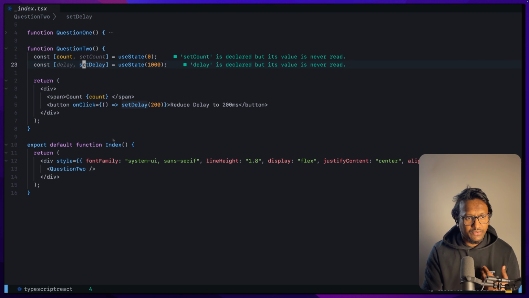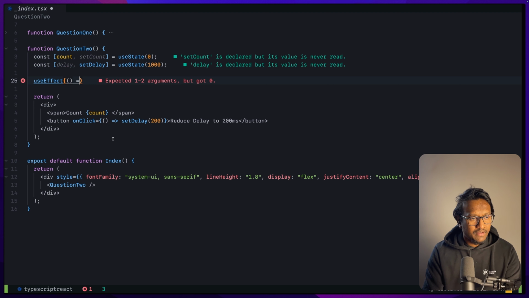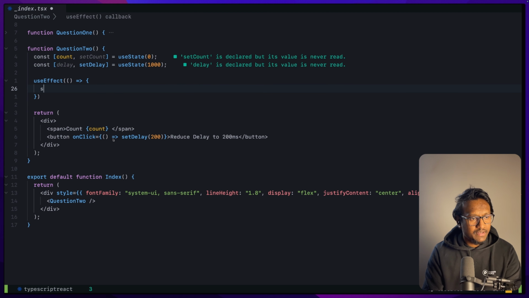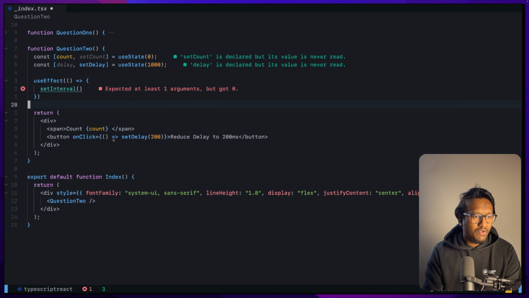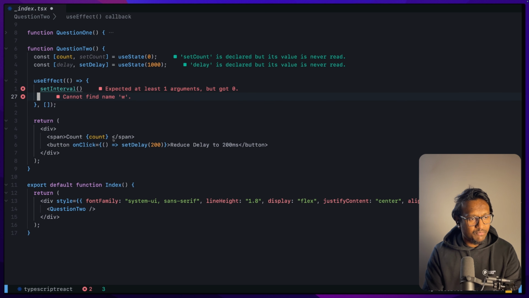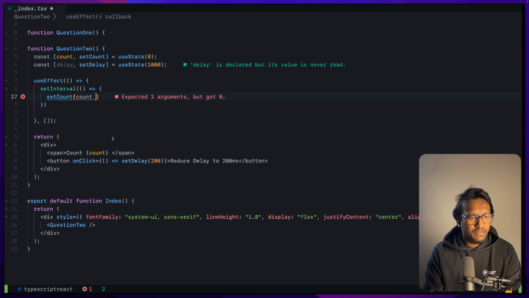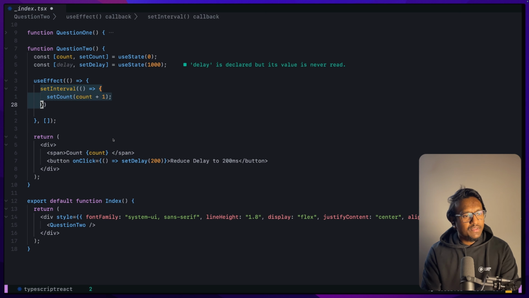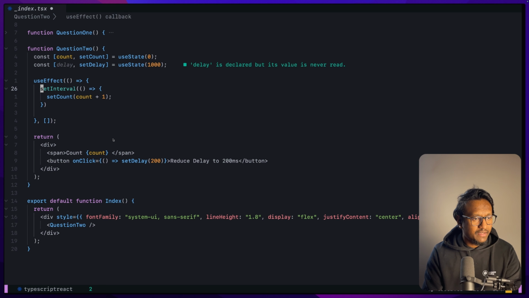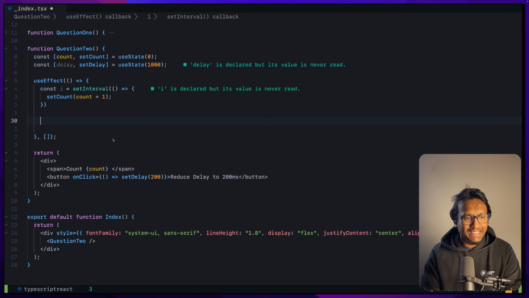So we can do this by using a useEffect and a setInterval. So we'll do useEffect and we'll do setInterval. Well, we want it to run only the first time when the component gets mounted, so we'll put empty brackets here. So we do setInterval, and in that interval we can do setCount to count plus 1. So we know that this setInterval gives out an identifier. So let's store that identifier in a variable i,